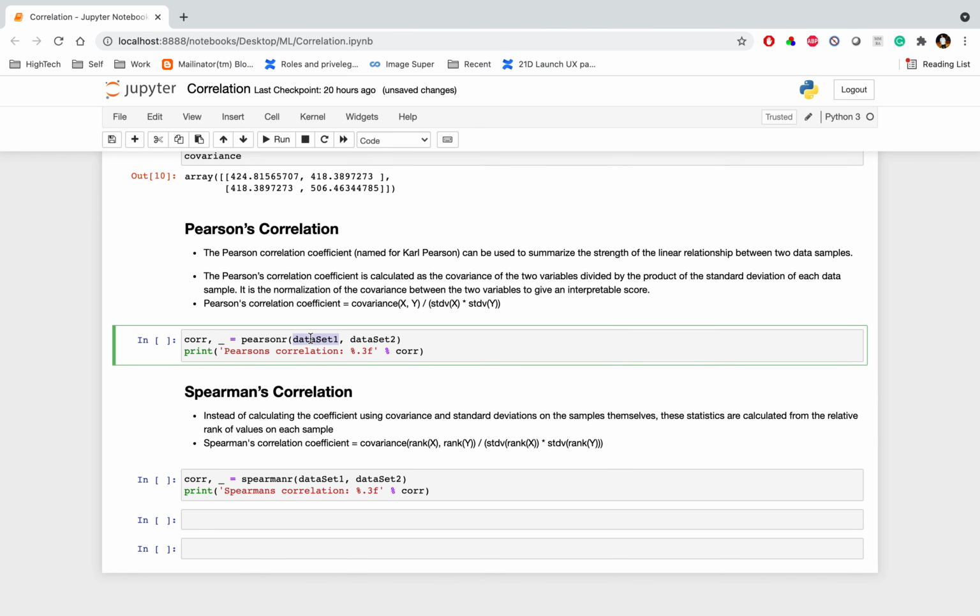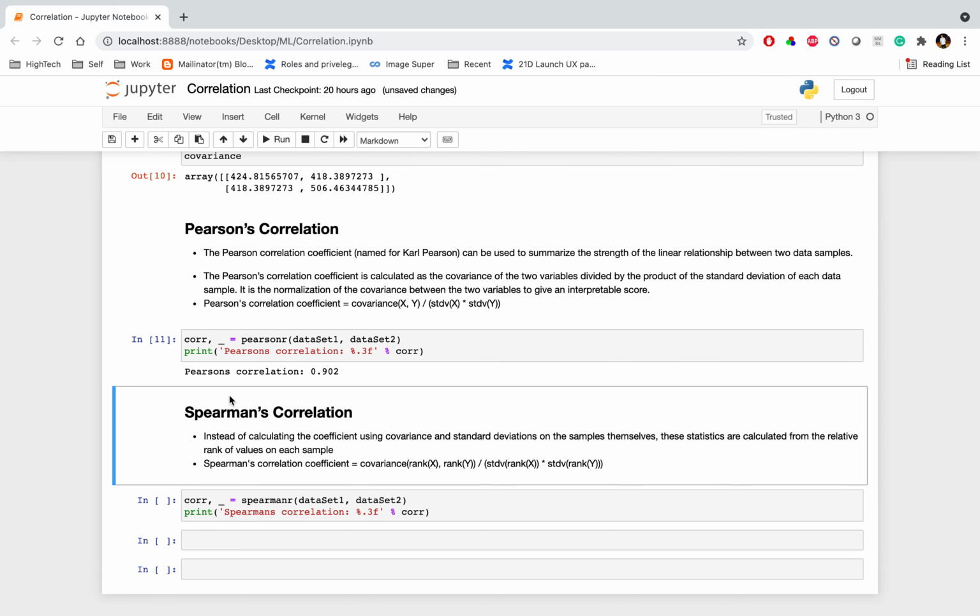Here I'm passing dataset 1 and dataset 2, taking only 3 floating points, and printing the correlation, right? If I print this, I can see the Pearson correlation score is 0.902, right? After this we can check the strength between the variables and how they are related to each other, so some decisions and calculations can be performed based on this factor, right?